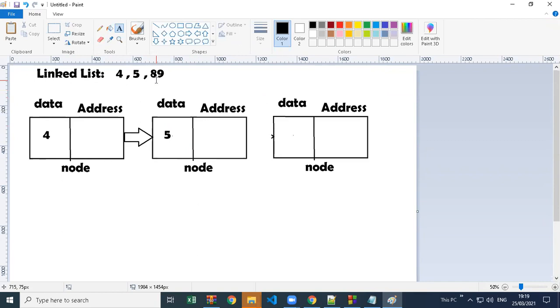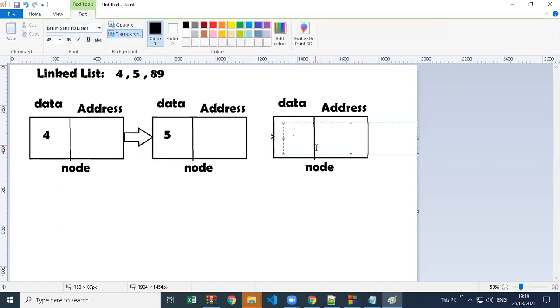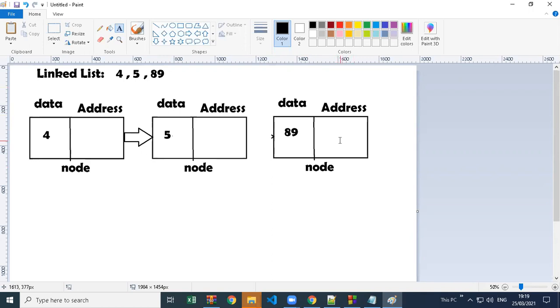I said I want to store 5, it created a memory, stored the value, and connected it to the previous node. And when I say I want to store 89 now, again it created a memory node and stored the value, and the previous node is now linked with the next node. So in this you can store n number of values because memory is growing, increasing.